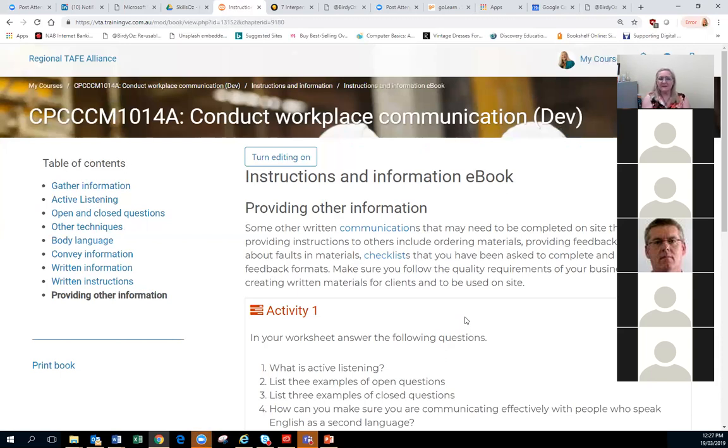Do you have any processes in place where you get feedback from both the learners and the teachers so that you can improve on the next time it's delivered? Anyone? I know at GoTAFE, where I'm based, in our Moodle shells, we have a continuous improvement forum. Yes, course evaluations.